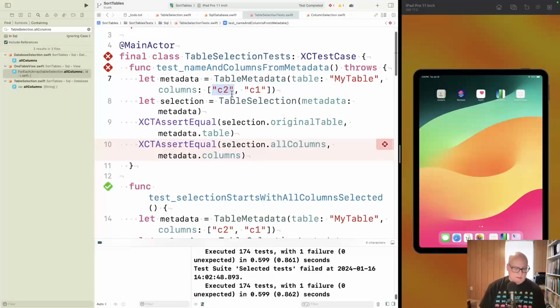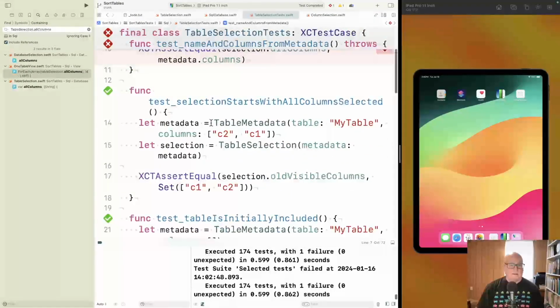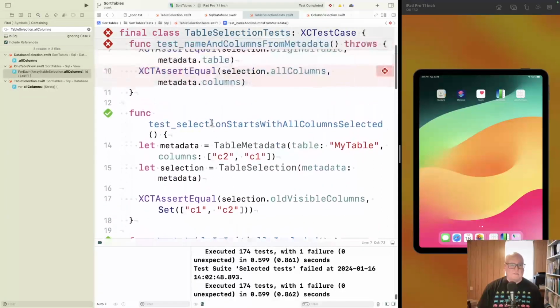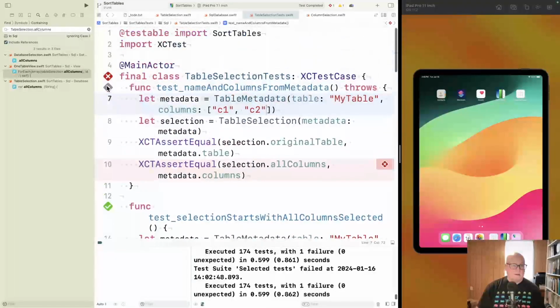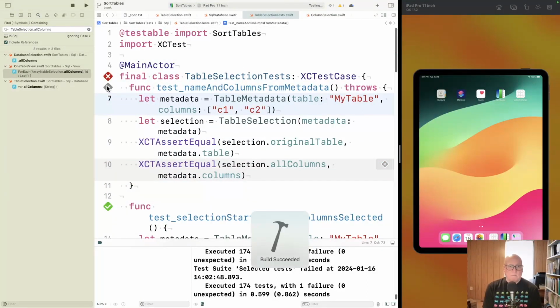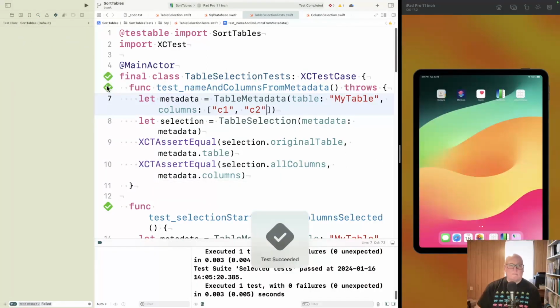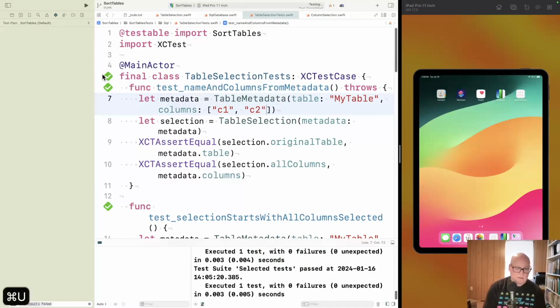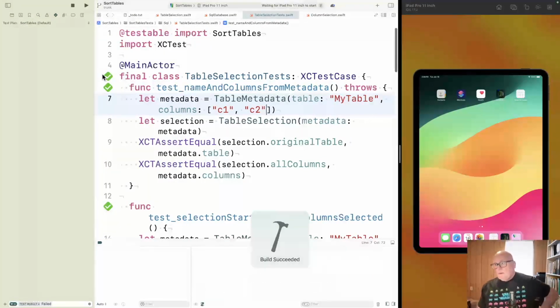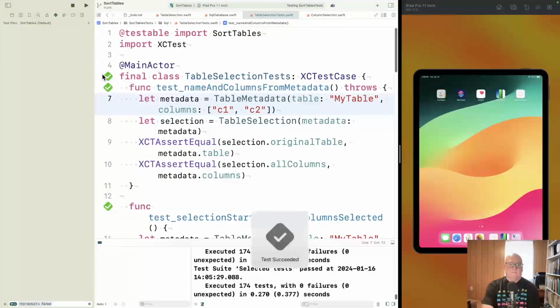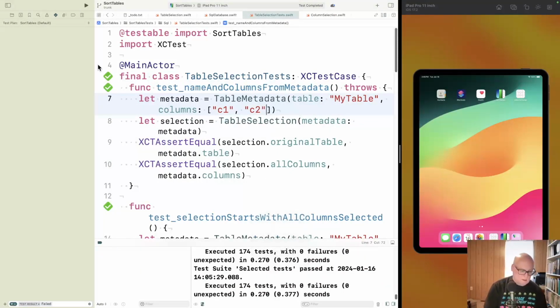Okay, so I think I've created my own problem because I assume metadata will sort, but I didn't sort it in my code. So I think that should be the same. So I think that will be better. Okay, and let's just run all tests. All right, so